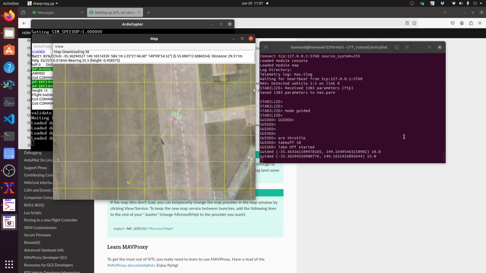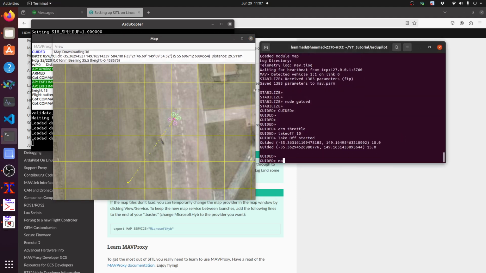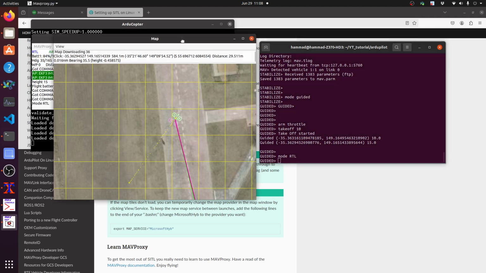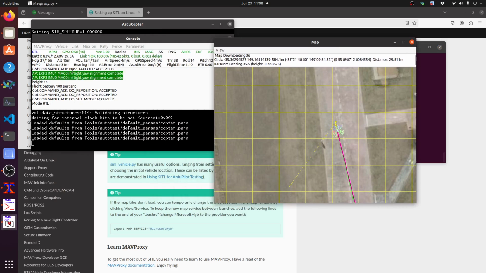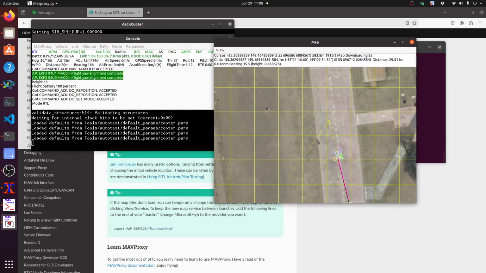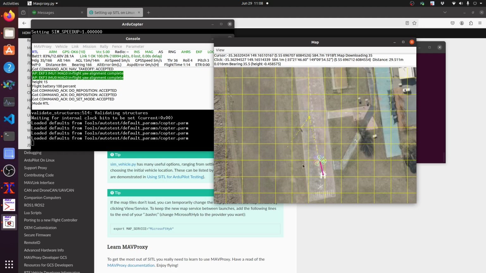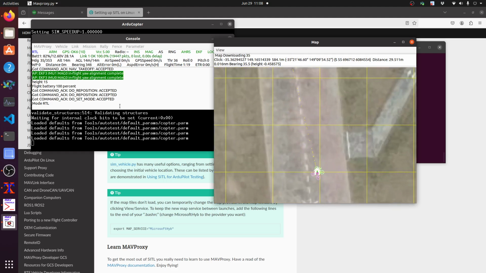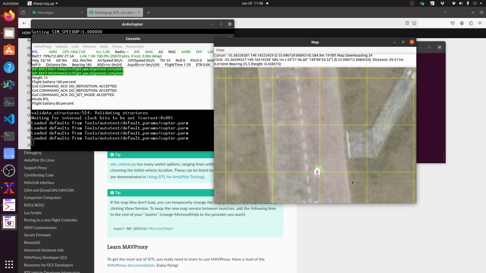Okay, so let's try the RTL mode now. For the RTL mode, as we know, the drone will first move. In the real case it climbs to the RTL altitude. In our case we are already above the RTL altitude, so that's fine. So it moves RTL, and now it is landing.